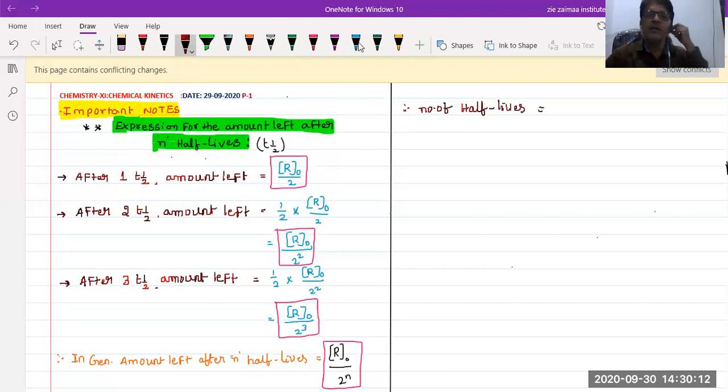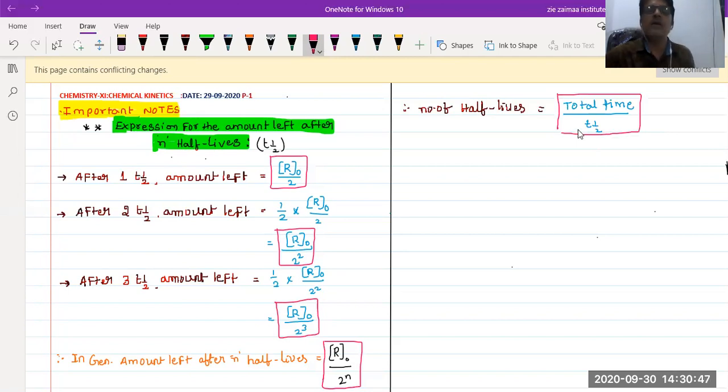So how can we identify it better? The number of half lives is equal to the total time upon half lives, that is, the T half value. With the help of this formula, we can find out how many half lives are used to express the left amount. Okay? So please write the formula into the box.